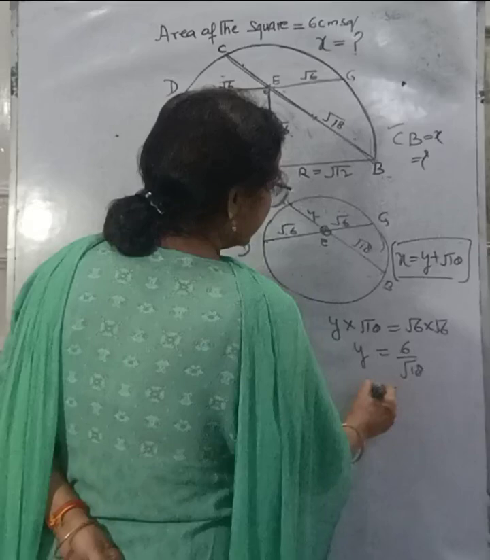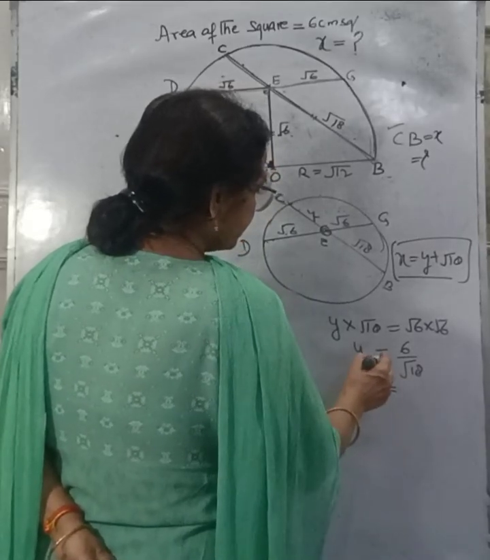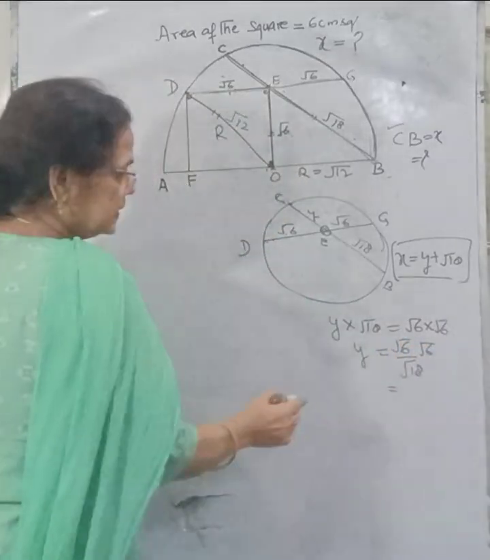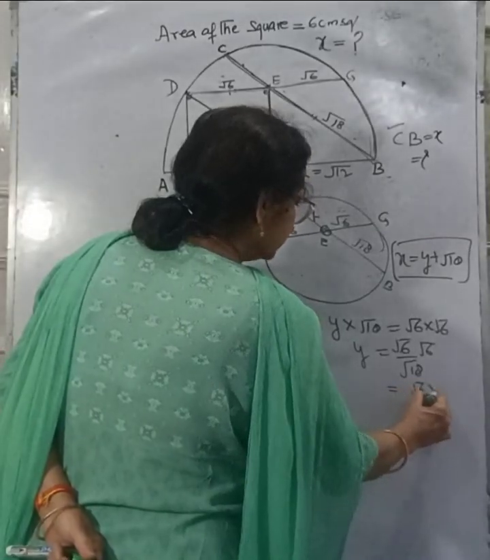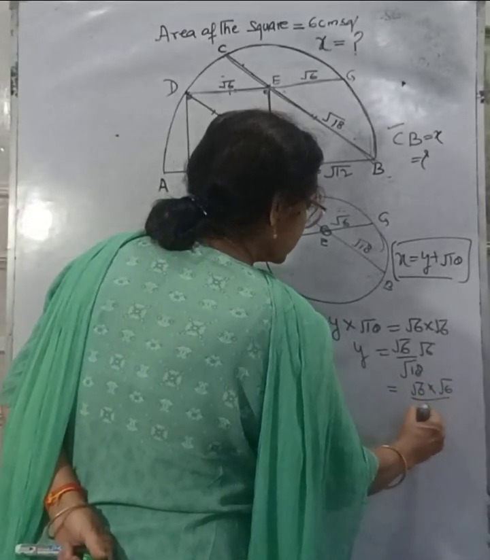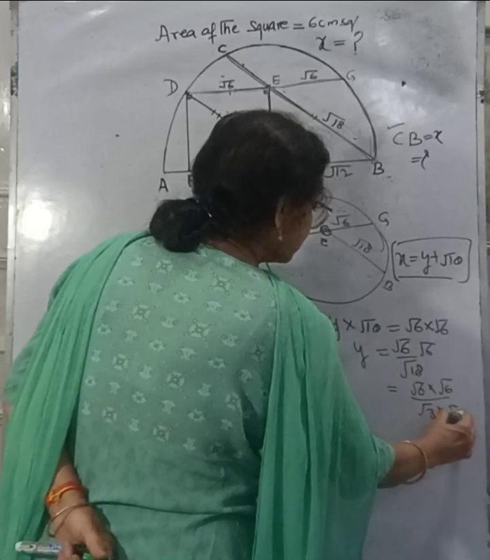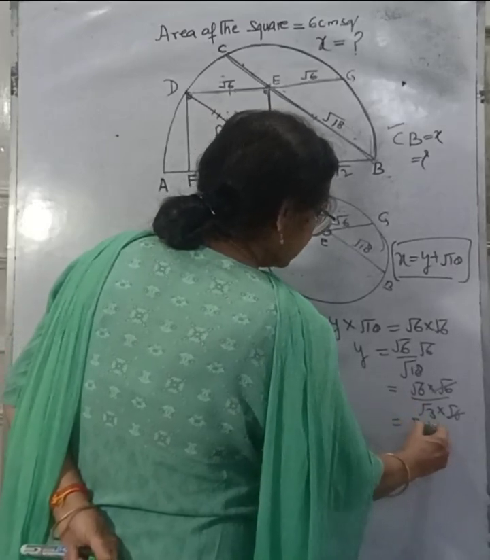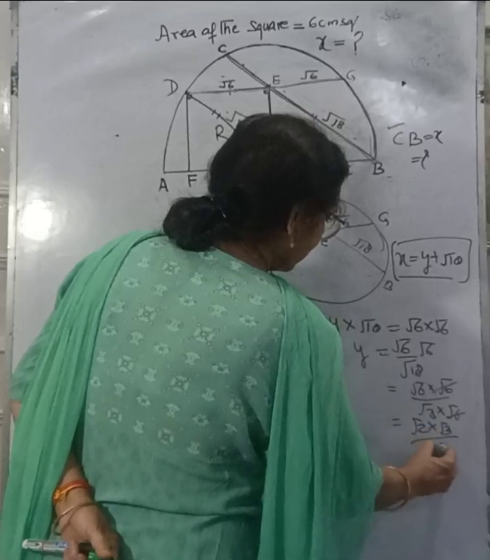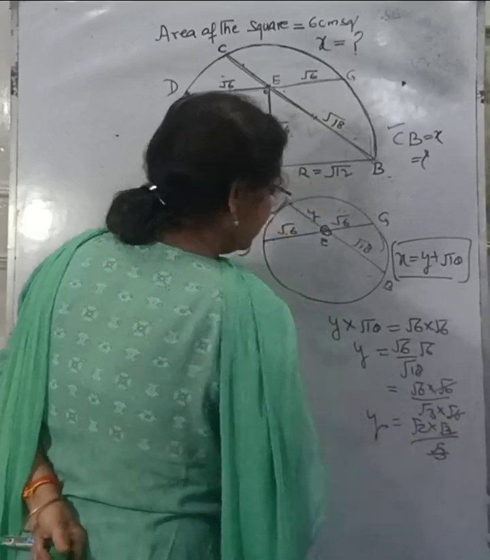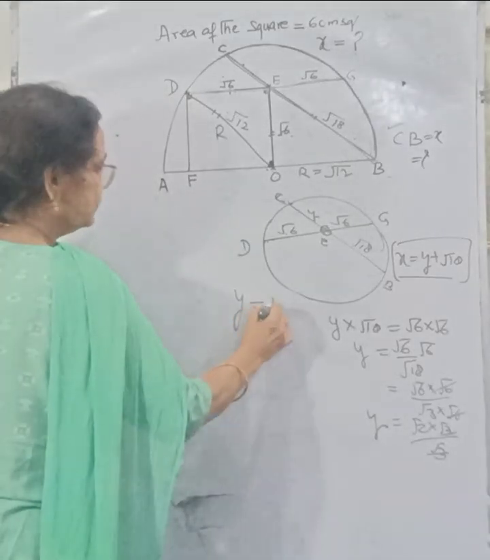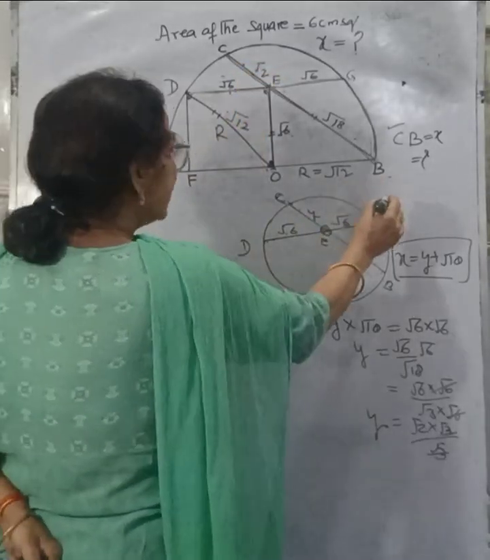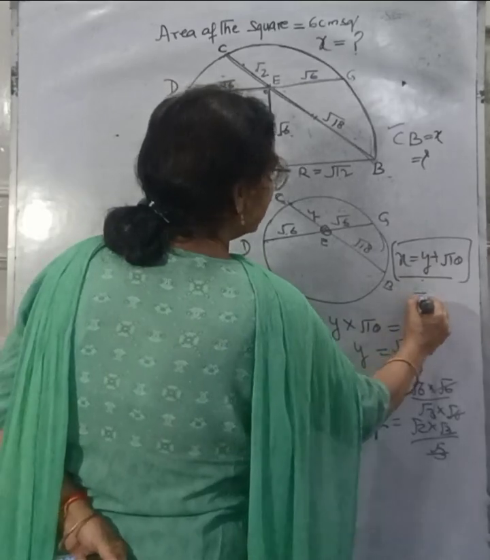We can write this as root 6 into root 6 upon root 3 into root 6. This root 6 is gone, and root 3 can again be written as root 2 into root 3, and this root 3 is gone, so y will be equal to root 2. It means x will be equal to root 2